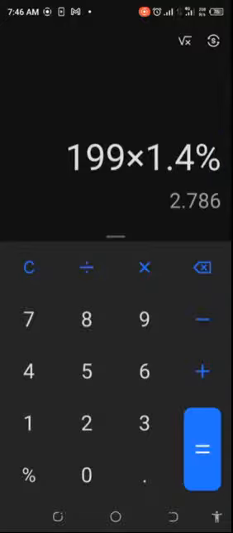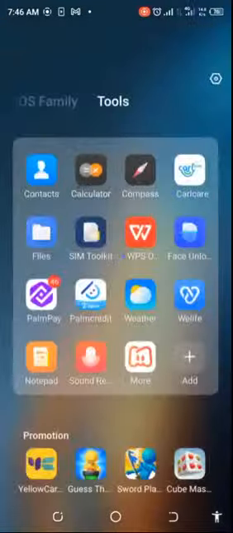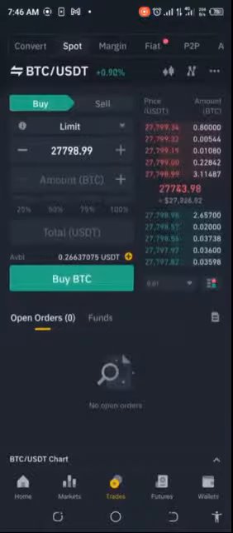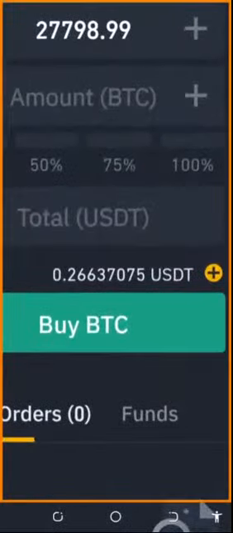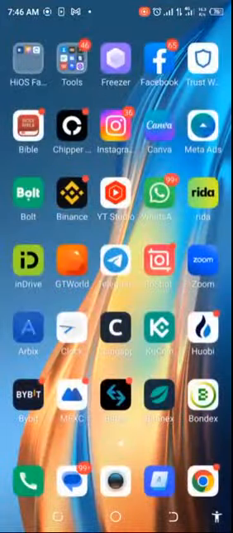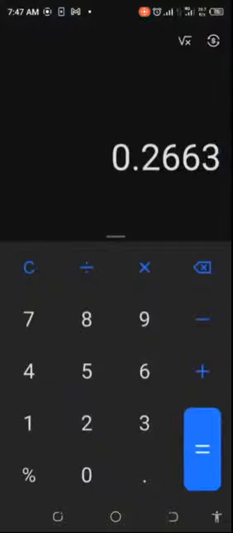So let's now go back to the global amount. The global amount really is, we have to add what we've made, plus what is in Binance. So what do we have left in Binance? We have 0.2663. So let's take that and add that. So what did we make entirely? We add our 0.2663 to our